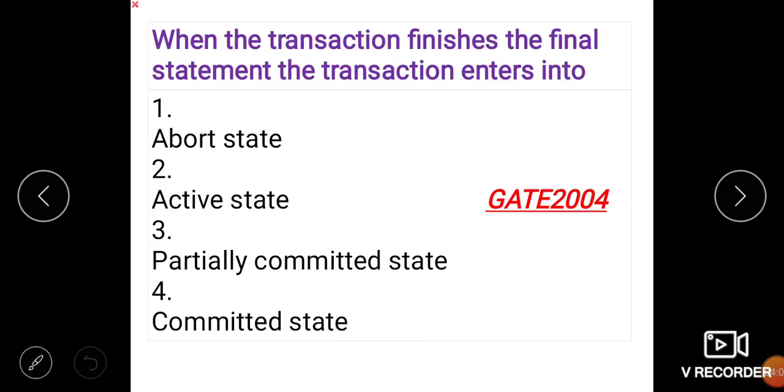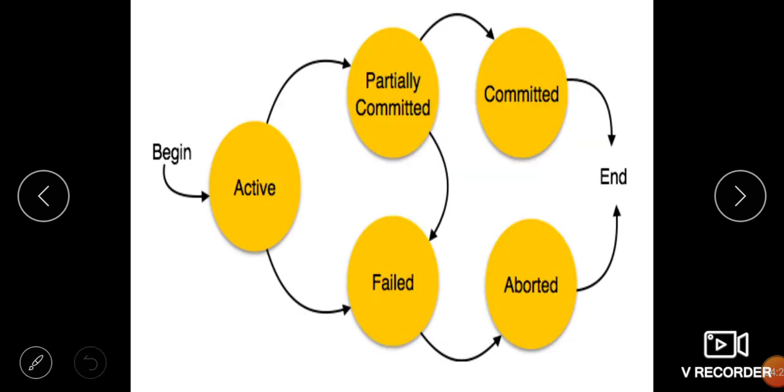Now go to this question. This question asks: when the transaction finishes its final statement, the transaction enters into which state? When the transaction finishes its final statement, it goes into the partially committed state. A transaction follows these states when it happens. First it begins with Active. Active means that in this state the transaction is being executed, and this is the initial state of every transaction. Next is